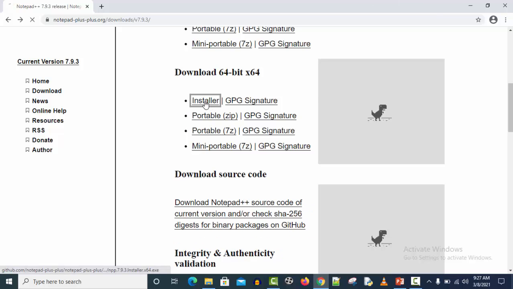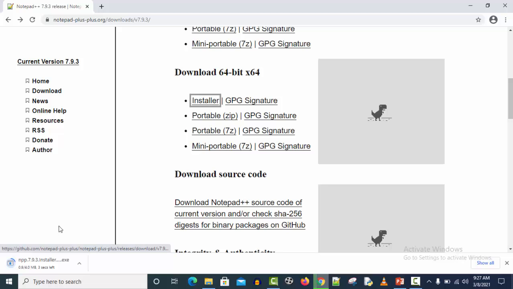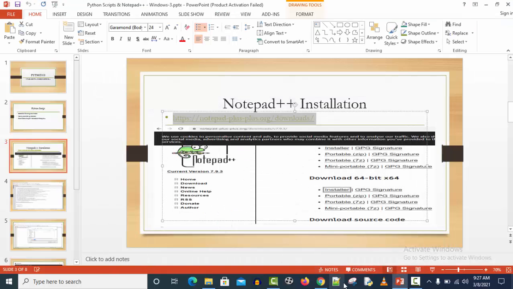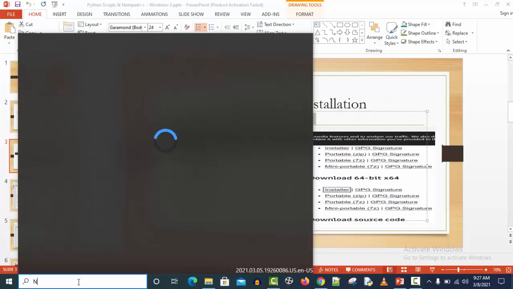So when you click on the installer, this is how it is. Then it will download the executable file for you. So I think I'm done with this one. I've already installed Notepad++. Okay, so you open Notepad++, you go to your search button, and then you look for Notepad++,